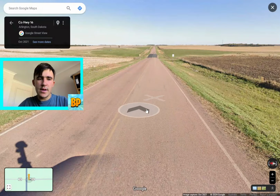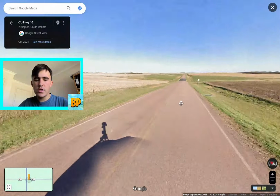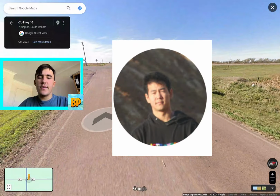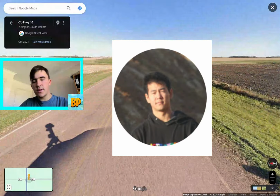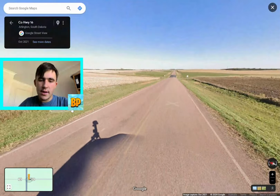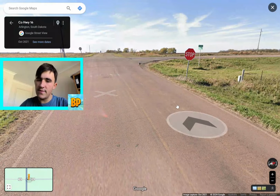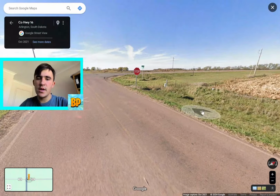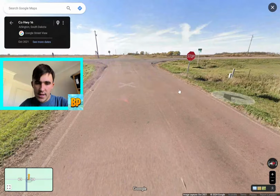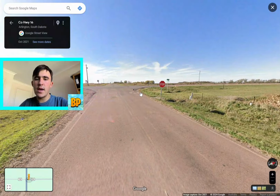Next tip here, we are in Sioux Falls in South Dakota, and a good way to recognize this area is the red roads. I have to shout out Diana for this one, as he really taught me this tip originally, so I'm just stealing that one from him. So shout outs to Diana. But yeah, the red roads can be found elsewhere in the US, but they are most commonly found just around the Sioux Falls in southeastern South Dakota. So yeah, if you see a road has a particular pinkish red tint to it, you should probably guess somewhere